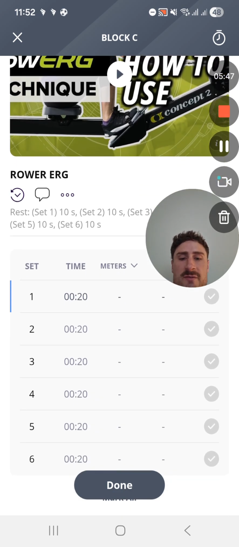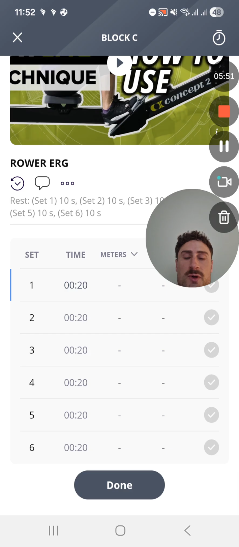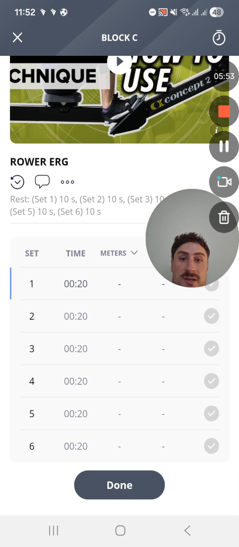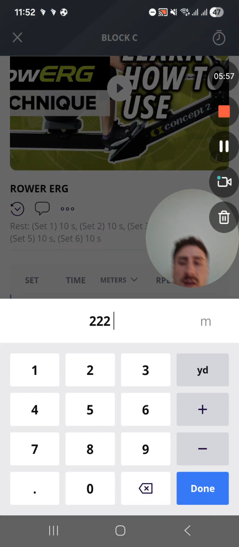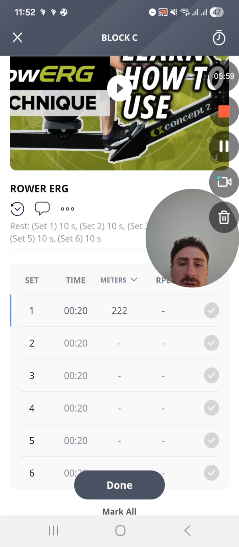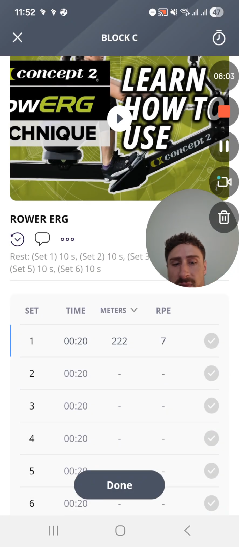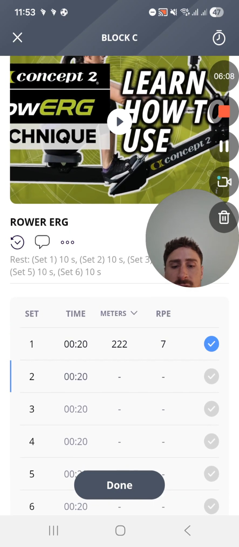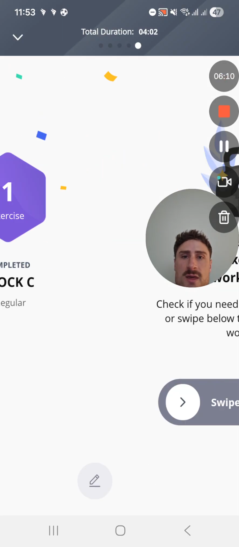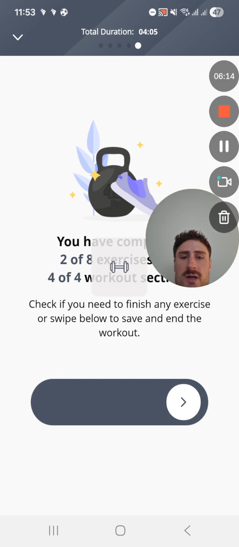I'd recommend for this bit, you can just fill it in at the end of doing that exercise. So once you've completed all your sets, you can then fill in the meters that you hit. Example here will be 222 meters, and your RPE will be 7. Click them and then click done. Then you will finish your workout. Once you've done that, just swipe to end workout,